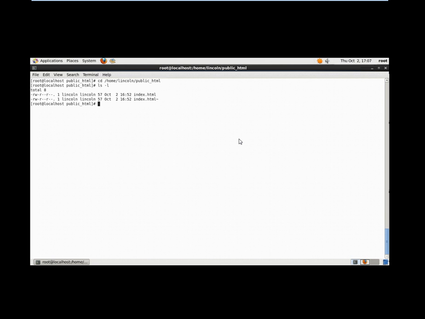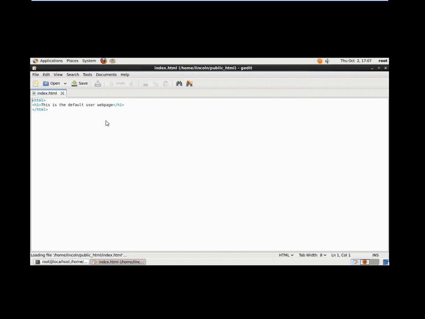There's the index file we need to change. So let's do a gedit index.html and get into that one. That's the default one we set up in the SKEL folder. So we need to modify it so we can identify this as Lincoln's web page. So this is the default web page. I've already got a web page written out. Let me just go over here, jump out to it for Lincoln. So this is the default web page for Lincoln. Let me go ahead and save it